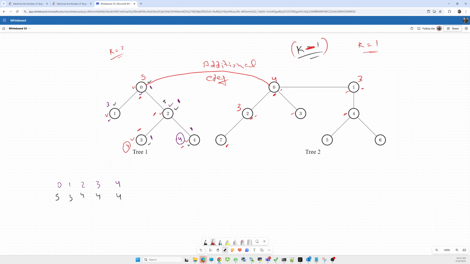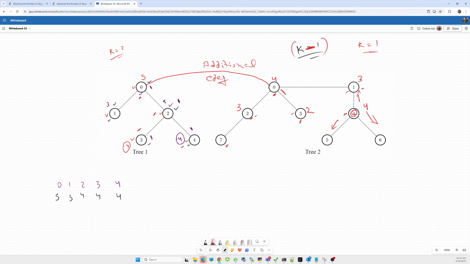For 3, what will be the maximum value? For 3, what will be the maximum? 3 to 2, is it able to achieve? No. 3 to 0 only. So the value will become 2. Similarly for 4, it is able to go to 1, 2 and 3 in this direction, in this direction, and current.